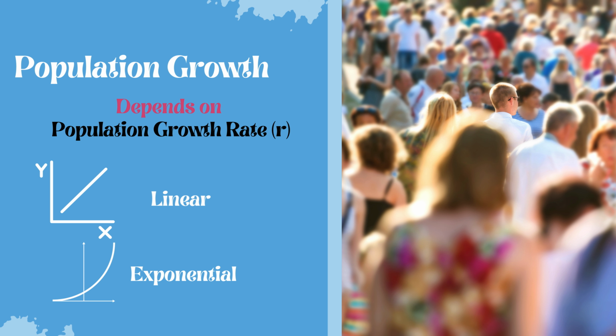Boom time is called exponential growth. Imagine a busy city experiencing a population boom. Exponential growth is a curved line that shoots upward. The population increases faster and faster over time, like a snowball rolling downhill and getting bigger.